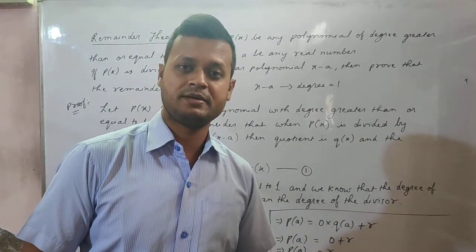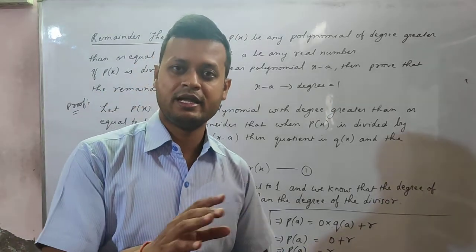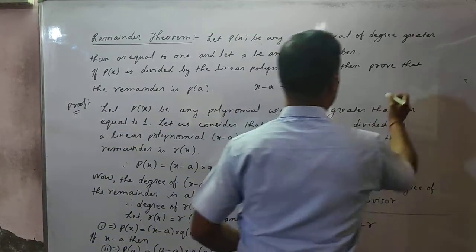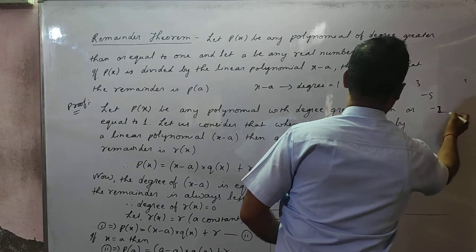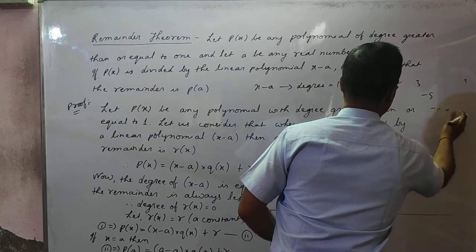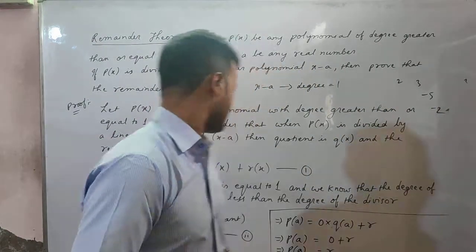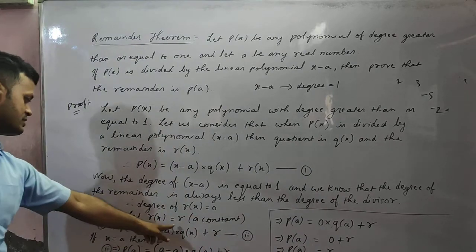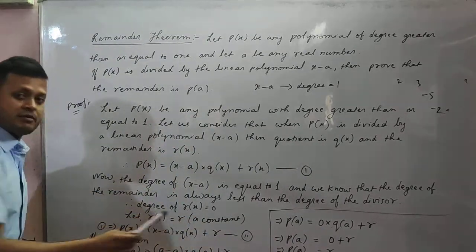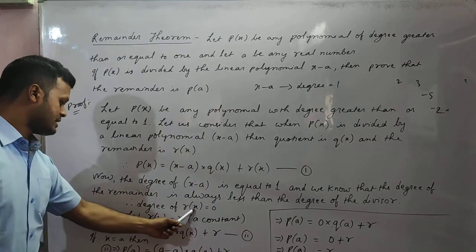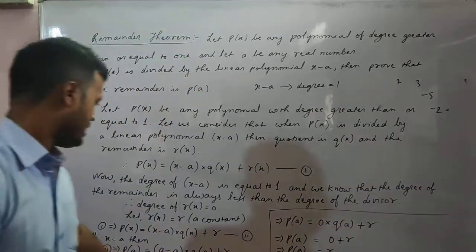If the degree of the remainder is 0, then in the last case, what was the remainder that we got? Minus 5. We will get a constant number, such as 2, 3, minus 5, minus 2. Because if the degree is 0, then along with the number, no variable will be there. So let Rx be equal to R. If the degree of Rx is 0, then we can consider that the remainder is a constant, any constant number like R.